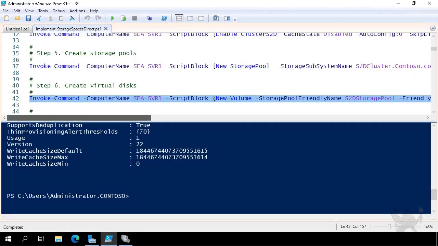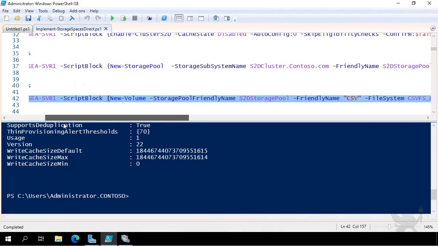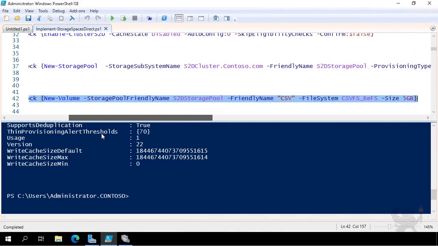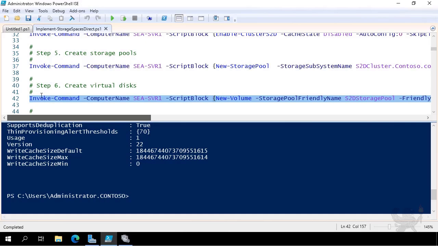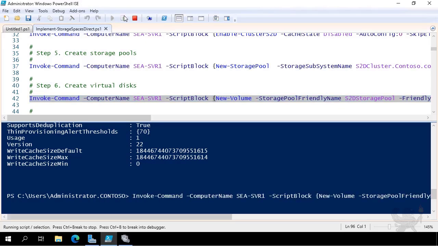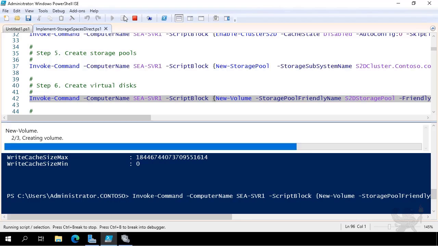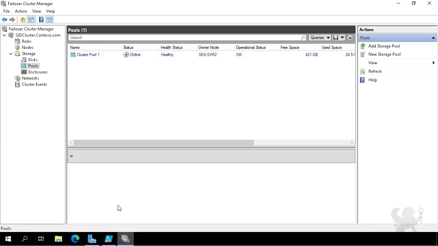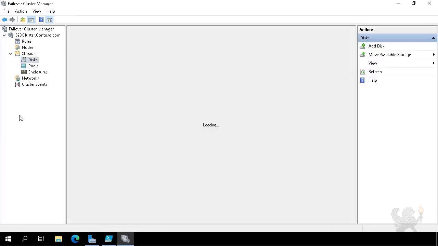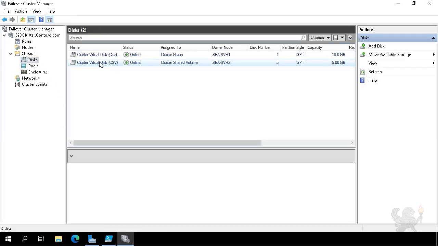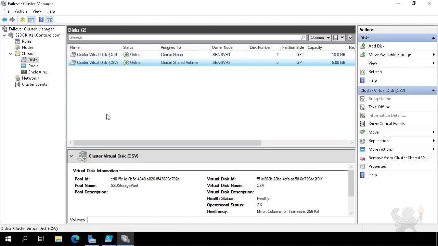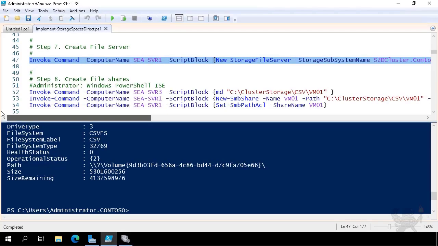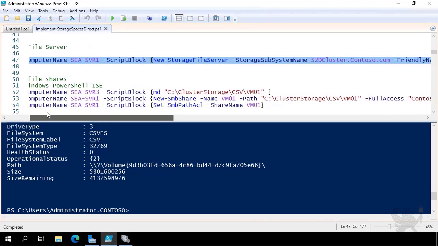Okay, now we've got a storage pool, we need to create virtual disks on the storage pool. So we use the New-Volume cmdlet with the storage pool friendly name S2D pool, which runs against those nodes in the cluster. We jump back to Failover Cluster Manager, and if we click on Disks, we can now see that we've got our cluster virtual disks. They're in an online state and they're assigned to the cluster shared volume. So now that we've got our volume,